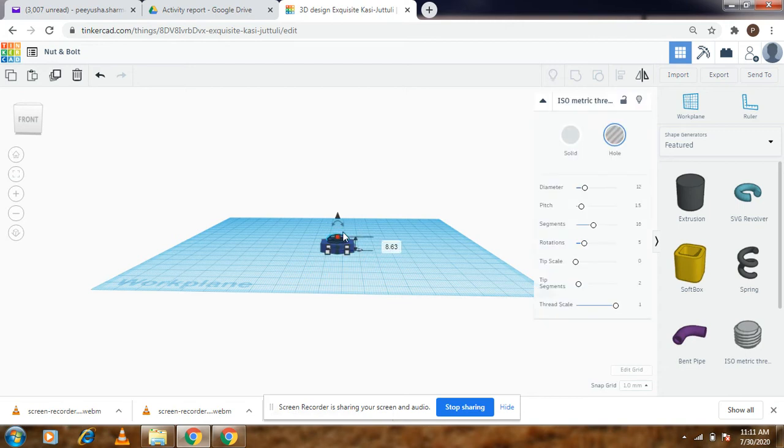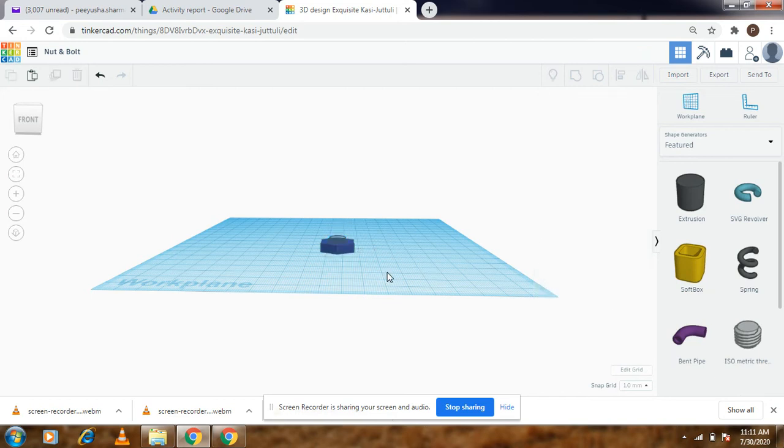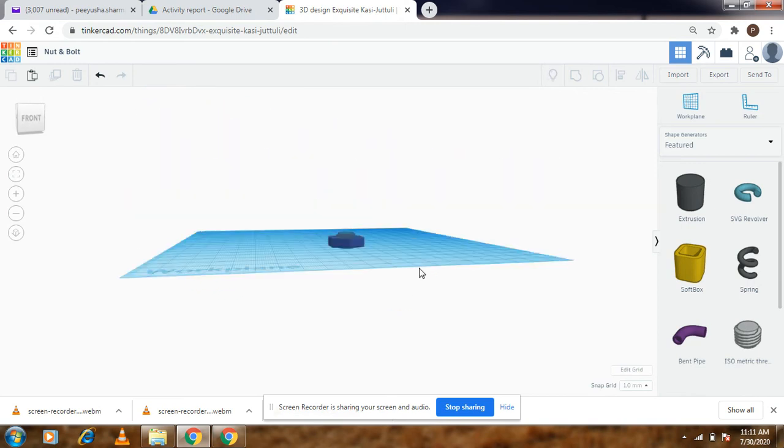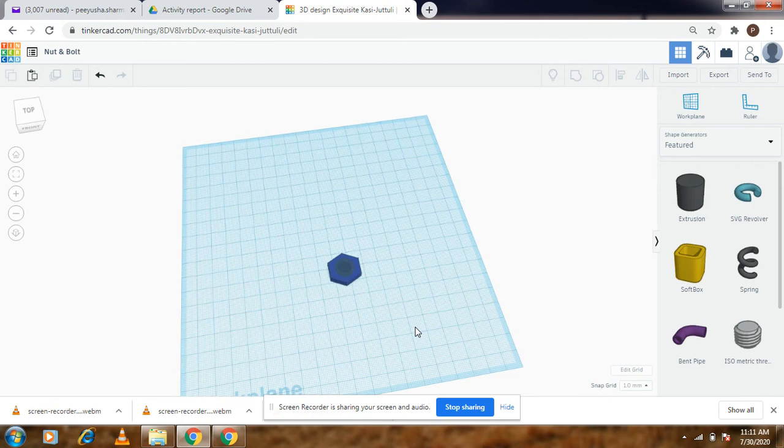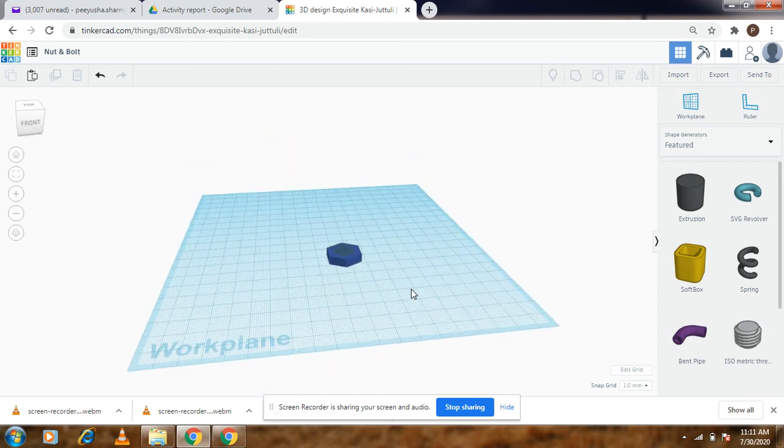I would, however, click on this one and make sure that it is penetrating both the ends of my polygon that is present here for it to look like a nut. So now that it is penetrating both the sides, it is perfect. It's placed in the center. It has threads on it.